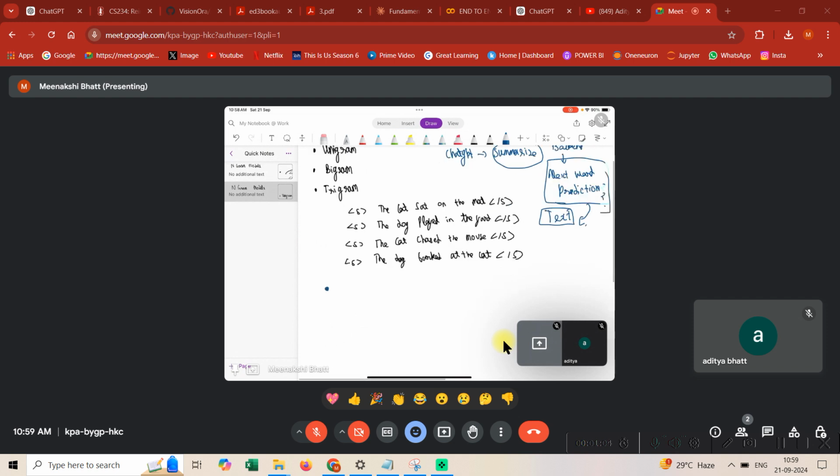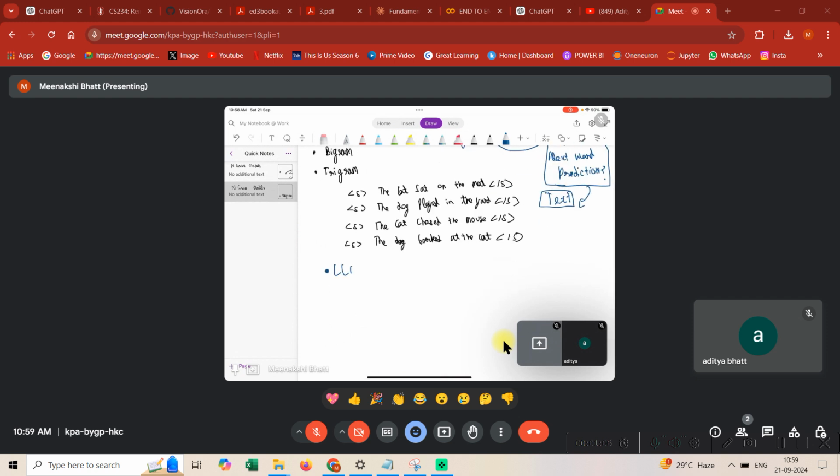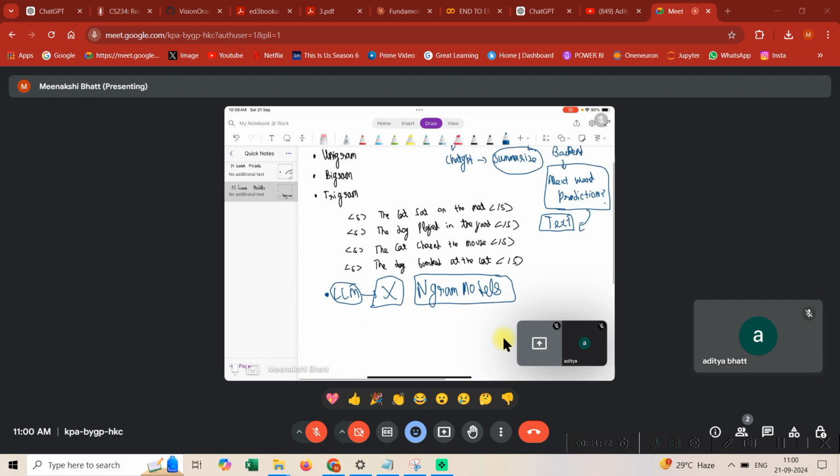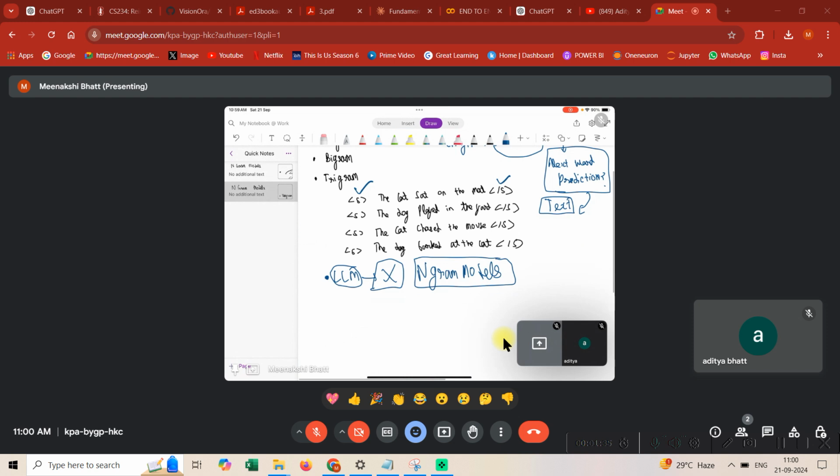Obviously, as I said guys, we need to quickly reach LLMs. LLMs don't use n-gram models in any way. This is very outdated technology, but I'm just giving you a glimpse of how textual data was previously modeled. So we have this data. This is the start of sentence token and this is the end of sentence token. The cat sat on the mat, the dog played in the yard, the cat chased the mouse, the dog barked at the cat. Now what we need to do is predict the next word that would come after "the", and for this we'll be using